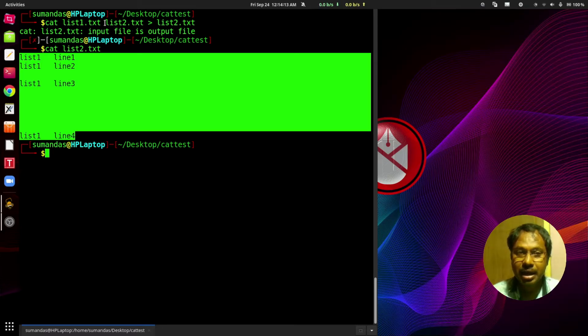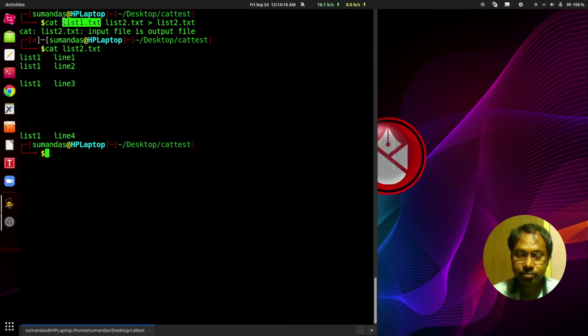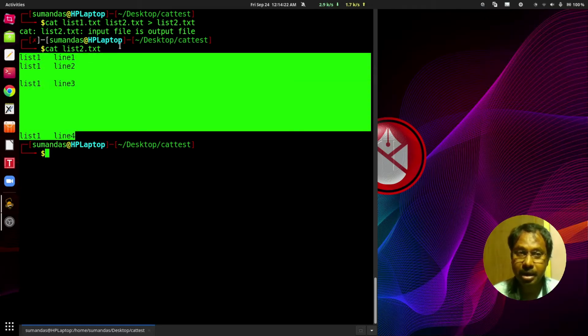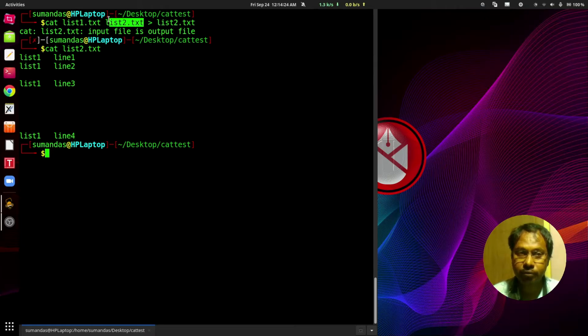That means the list1.txt content has been redirected to the list2.txt, but after that the content of the list2.txt is not redirected to the list2.txt. That's why that error, list2.txt input file is the output file.